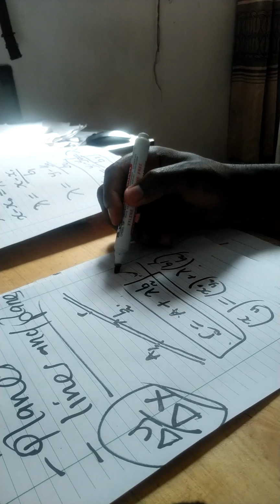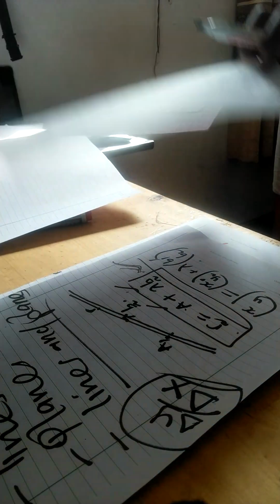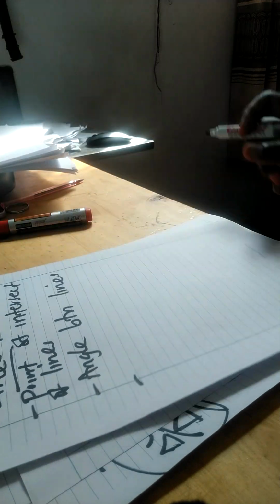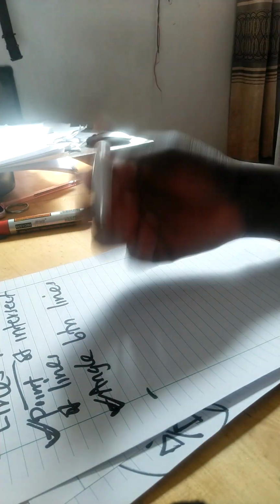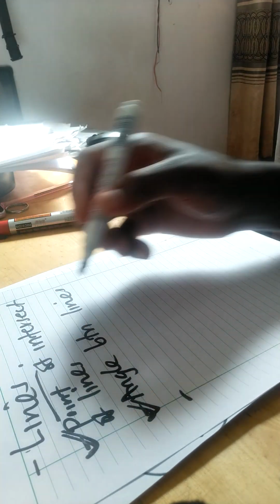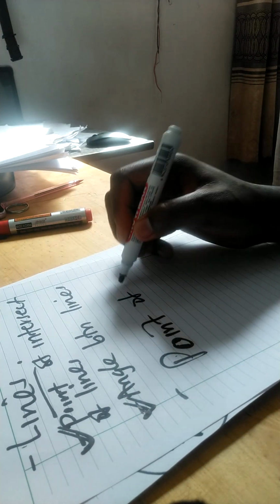Then the vector equation is the one which we have observed at this point. What we need is to get the position A and the value of B, just that. Now, if you understand the point of intersection of lines and the angle between lines, then that is okay. Now, for the point of intersection of lines,